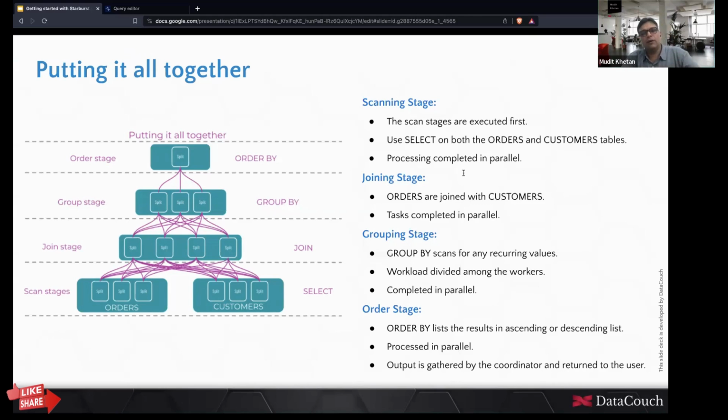Once again, while the groups are being formed in the third stage, you can apply the having clause. And once again, the predicate has been pushed down to the extent possible, and it is going to reduce the number of records that go from the second last stage to the last stage, that is the order by stage. So multiple things can happen, and these things can not only optimize your overall cost, but also speed up the query processing time.